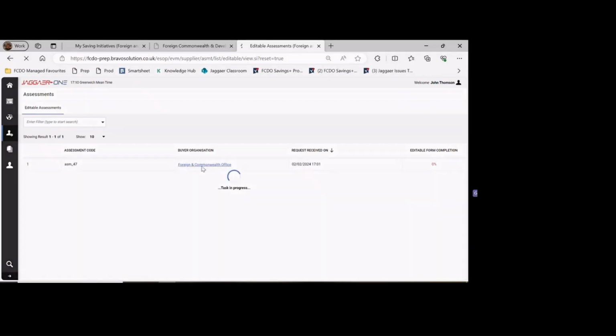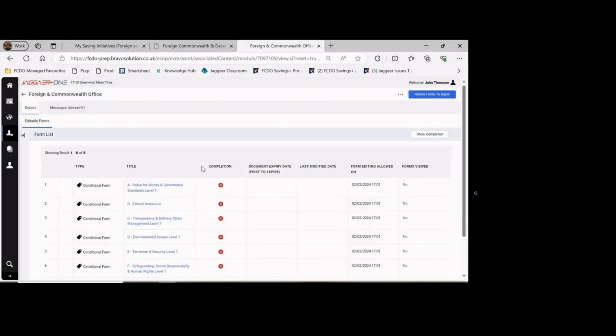So if we click on the Foreign Commonwealth Office, it is now taking us into the forms that we need to complete. If you had gone via the email, once you had logged in, it would have brought you directly to this page. You'll see here you've got crosses next to ones you've completed or not completed. That will change to a green tick once it has completed, and it will also tell you if you've viewed them or not. So if we click on the first one here,